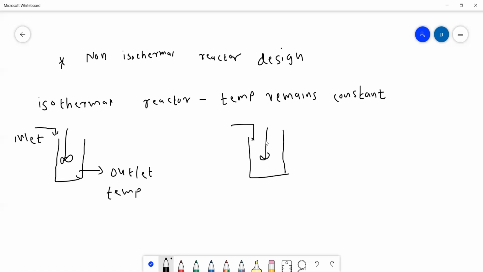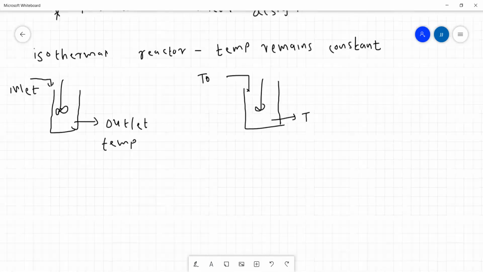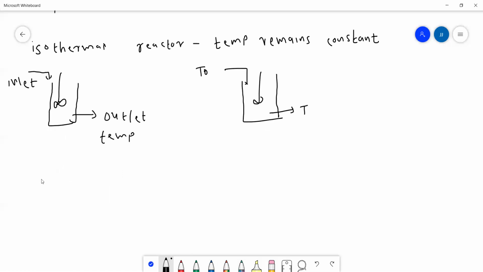Suppose the inlet temperature and outlet temperature are different. So this is the reactor. T0 is the inlet temperature. Then the outlet temperature must be different, let's say designated as T. And we know that when the temperature changes, the conversion also changes. Now, the conversion depends upon